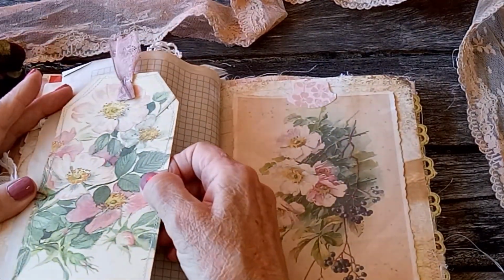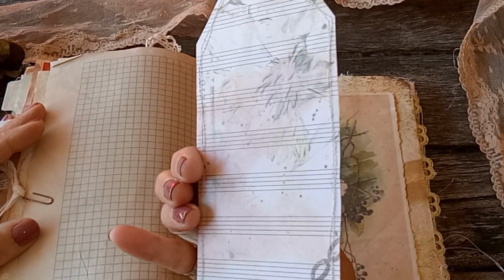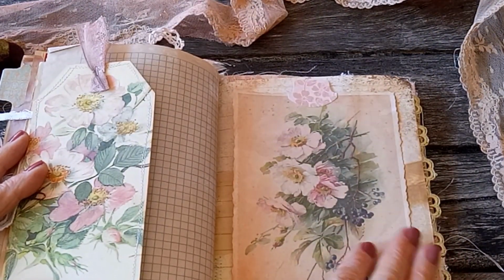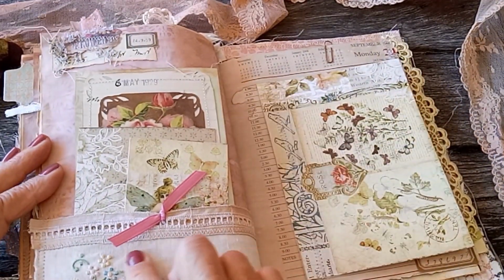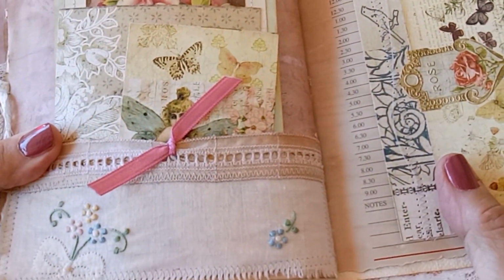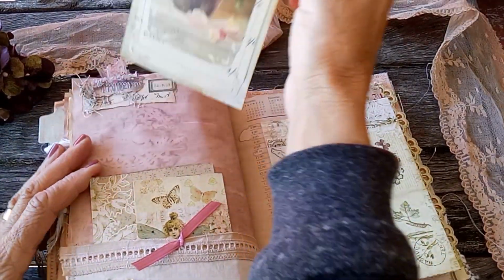Love this tag. This is a page from the Edith Holden book. Isn't it so pretty? And that one flips up to right underneath. This is more of that lovely vintage old linen that I showed you back further. Embellishment there, just lay it up. This pocket holds that pretty card,